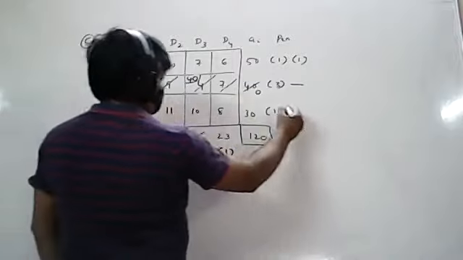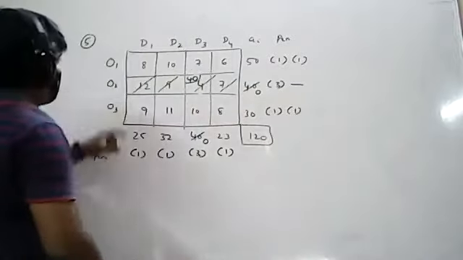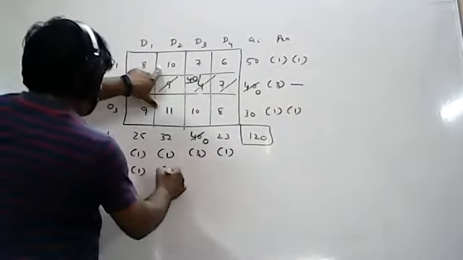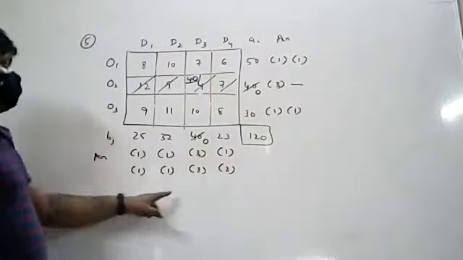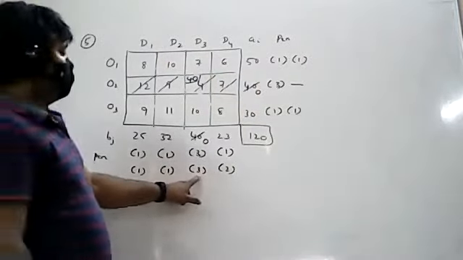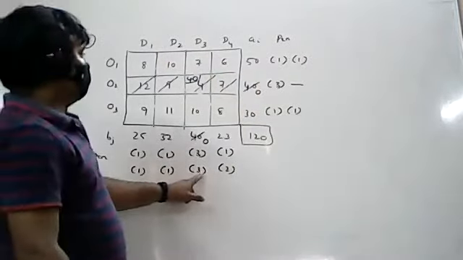Now repeat for columns. Repeat for columns means 1. This one is 1. This one is 3 now. This one is 2. Go for the highest penalty among rows and columns. What is the highest penalty? 3. It occurs only once. Once means you have to consider this 3 and its minimum element. What is the minimum element? 10 or 7? 7 is the minimum element. Next allocation is made here.